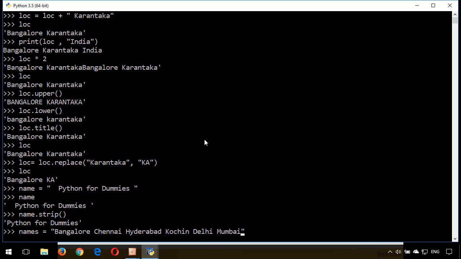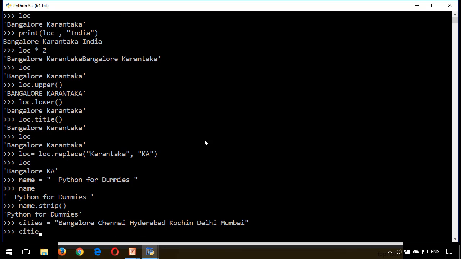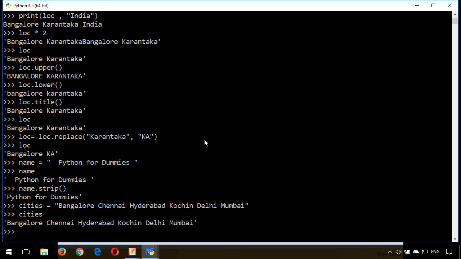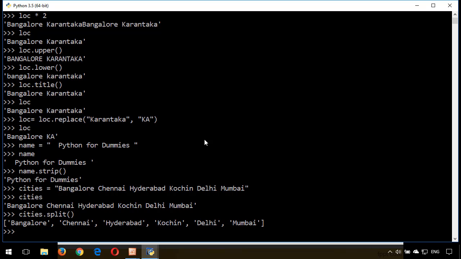So let me give this as cities. When I say enter, when I call cities, you can see the output as Bangalore, Chennai, Hyderabad, Kochi, Delhi and Mumbai. When I say cities dot split, then you can see the output as Bangalore, Chennai, Hyderabad, Cochin,